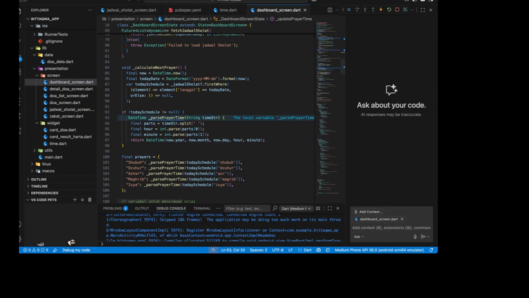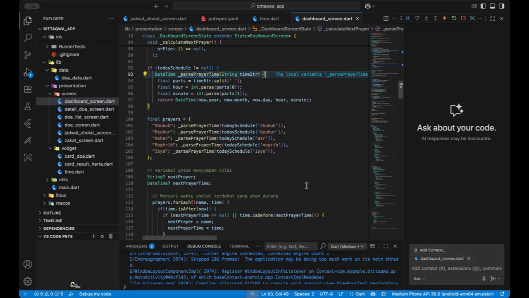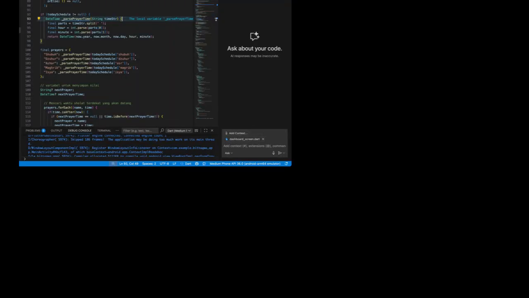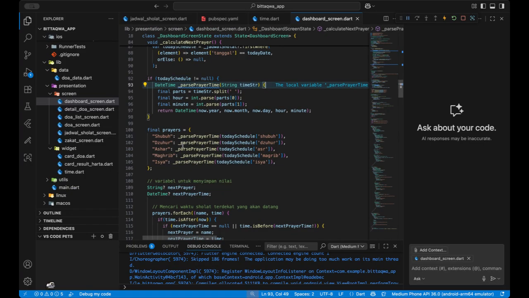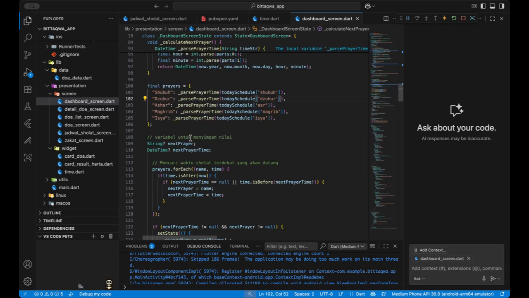And then for the final prayer list, Subuh, Zuhur, and so on, this makes it match the GitHub data.